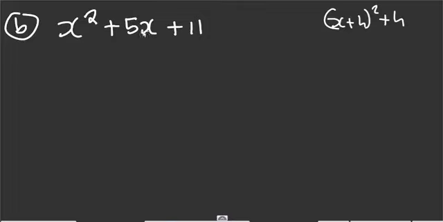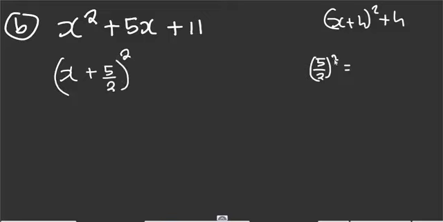So the coefficient of x in the middle is 5. Remember, I've said this 5 will be divided by 2, okay? Then we square it. So this will replace the one in the middle, then this same thing will be added where there is 11. So we are going to have x plus 5 over 2 in brackets squared, because this x has a square. Then plus 11. Now in this case we are going to say minus.